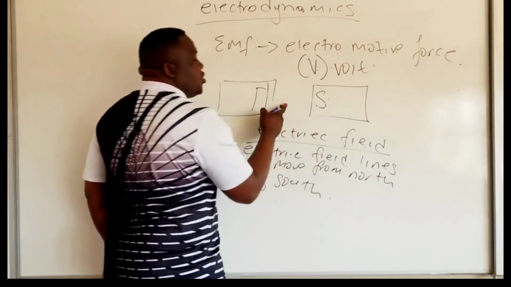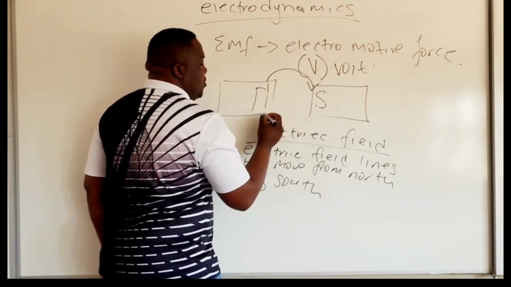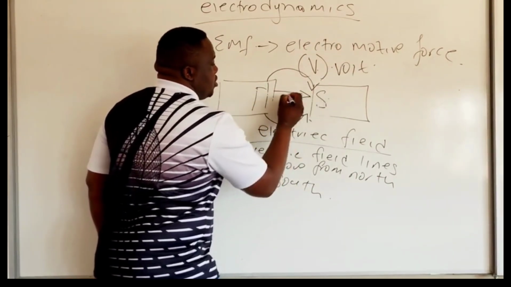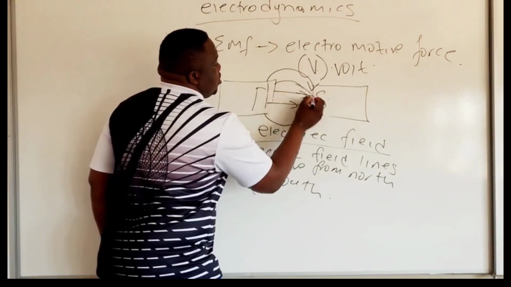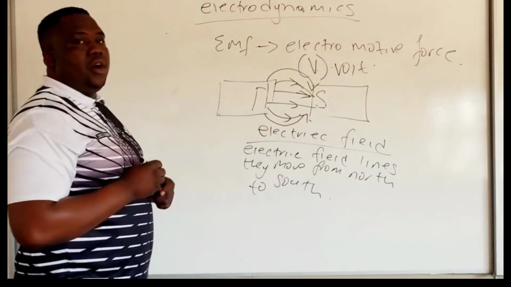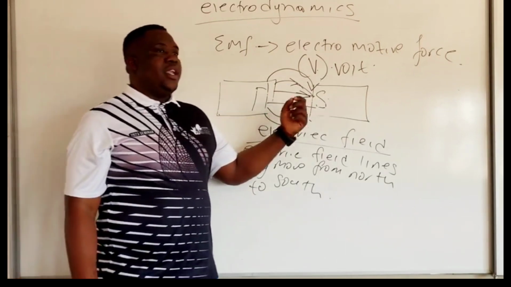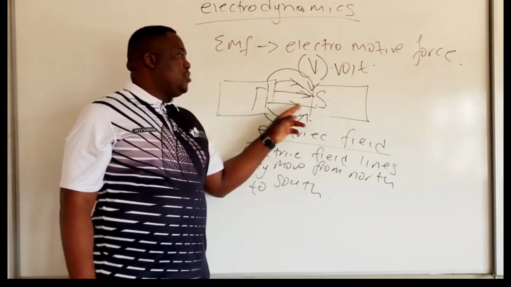If I draw an electric field line here, it will be from north to south. From north to south. That is the first thing. Electric field lines will never move from south to north. They will move from the north to the